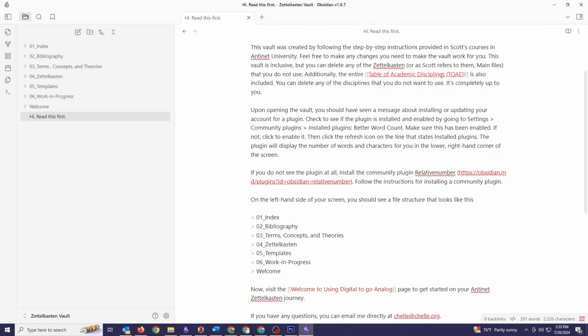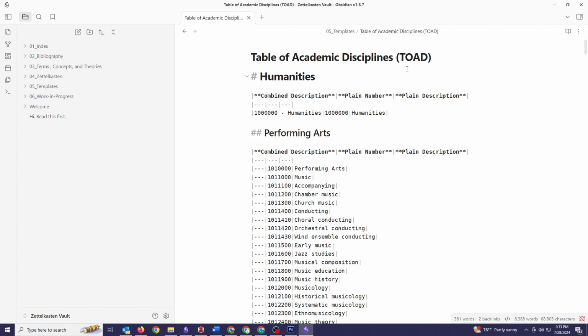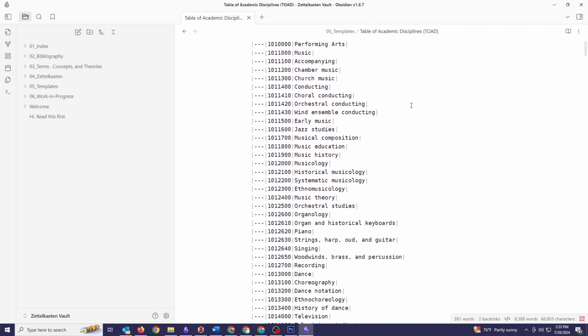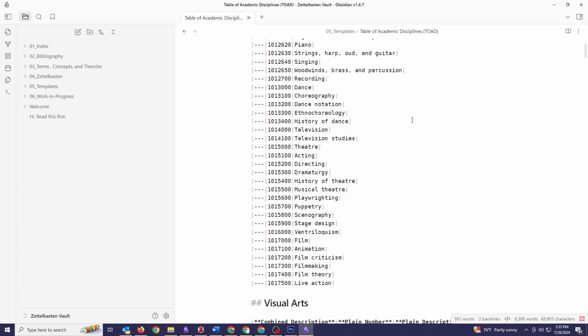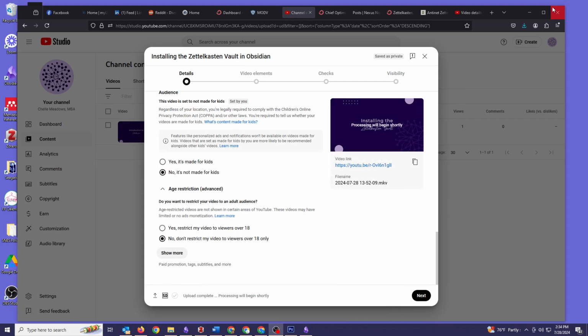There's two places that you can access this TOAD. The first is by using your control button and your mouse. You can click on this, and I actually have the entire table of academic disciplines built right in within the vault for you, so that you can search for the discipline that you think works the best for your particular card, and you can address it accordingly. Alternatively, in the file,